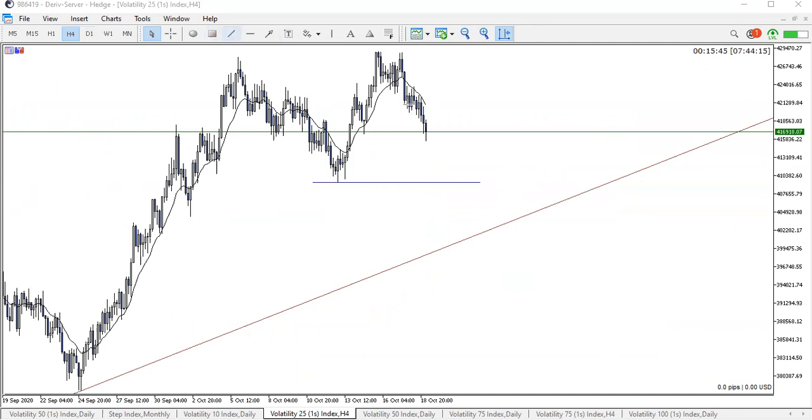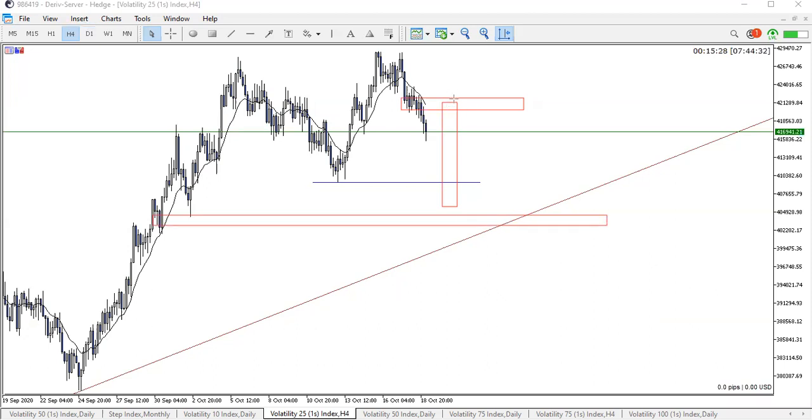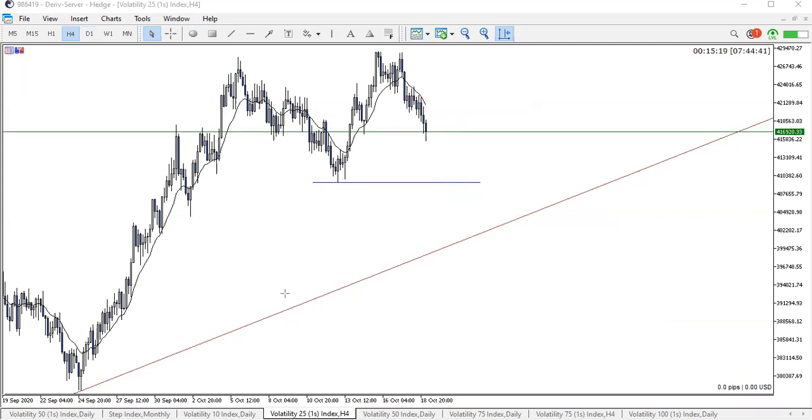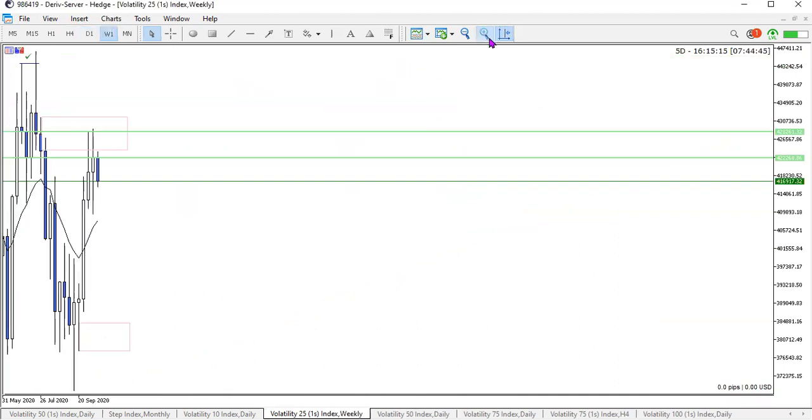Let's just get this tool. We've got this bit of a zone in here where price will most likely look to do a retest before continuing back down, right? So that is something to look at the moment before we look at taking price back up to the upside. For any sells off there, we'd be looking to target this zone down in here before we look at taking price back up again, or keep riding the trend back to the downside, because the overall higher time frames are calling for sells at the moment.